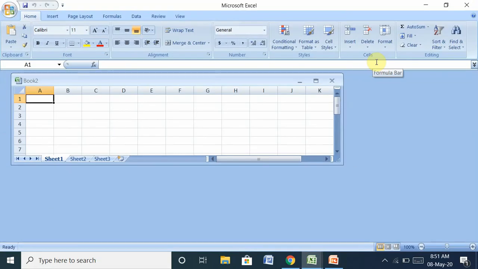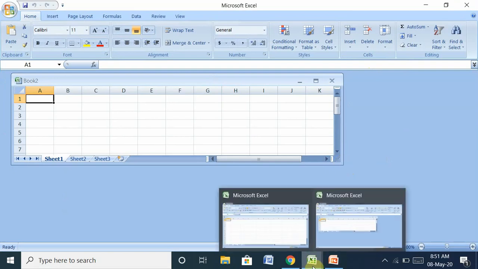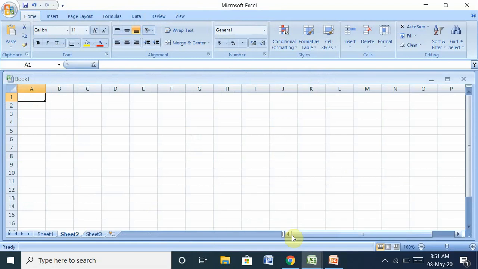As you look, this is your Excel program. This program is used for creating Excel or spreadsheet programs. Microsoft Office Excel is an electronic spreadsheet. It is used to organize your data into rows and columns. You can also use it to perform mathematical calculations quickly in this program.